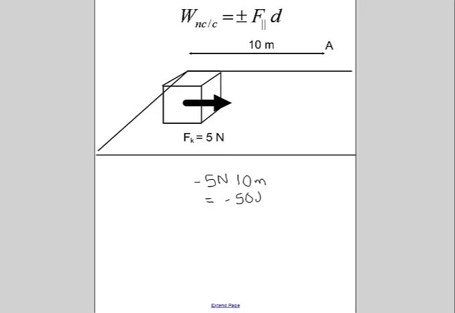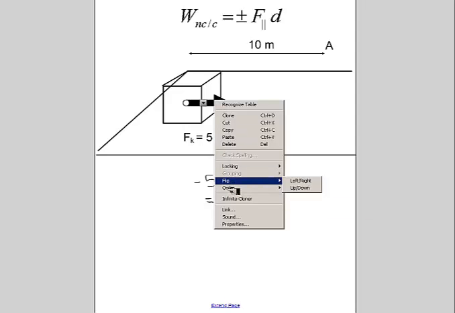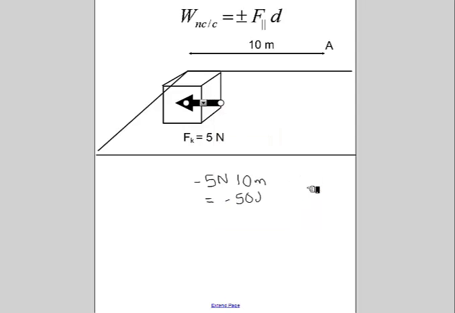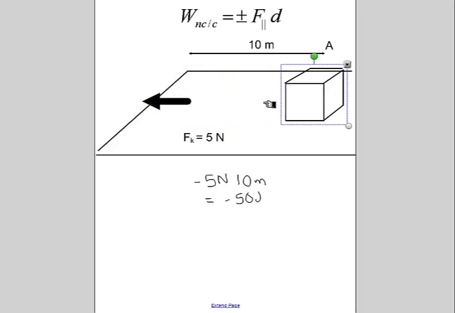Now what's different is that unlike the force of gravity, which was down the entire time, when we move back, this changes direction because it's always going to oppose the direction of motion. So when I do my second leg of the journey and I move back from here back to A,